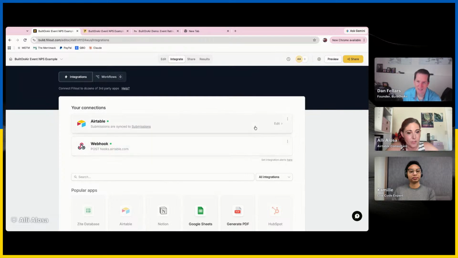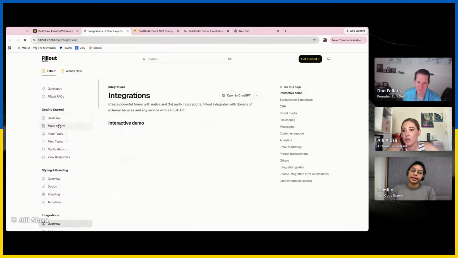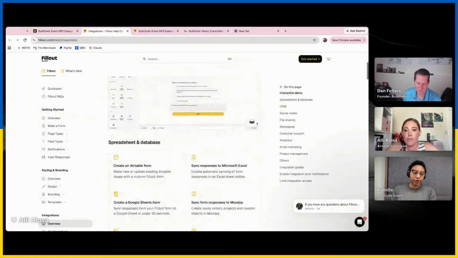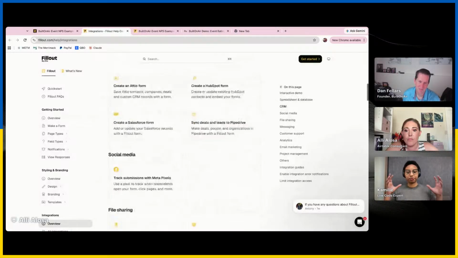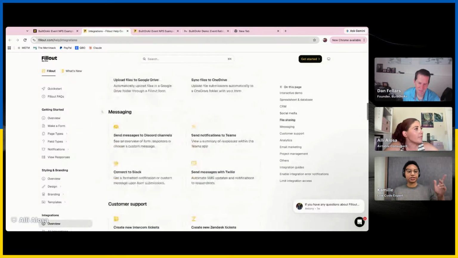But if it's set up to create a record, I believe that happens first. I actually don't know if they have that documented, though. And Allie, I'm less familiar with Fill Out, but I know they have workflows. So I can imagine a scenario where the form itself creates a record in Airtable, and then you make a workflow that's like, well, when it's done doing that, then fire this webhook